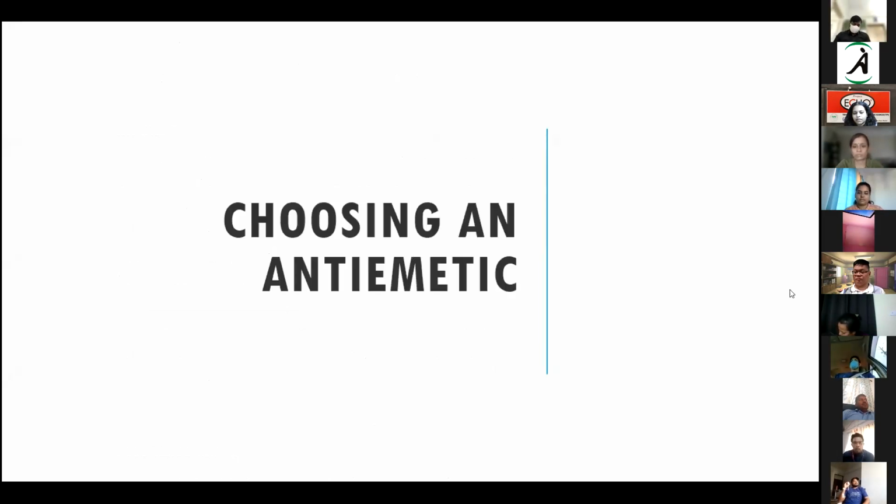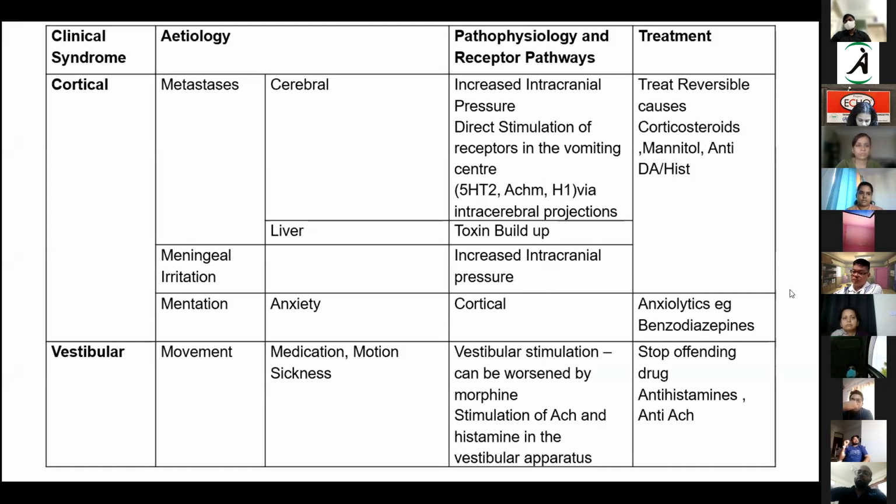So when we come to this topic, the important one is choosing an antiemetic. In the next few slides you'll be seeing, as a general rule, what could be the likely etiological reason for which nausea and vomiting is there, and what preferred class of drugs you could use when you want to choose an antiemetic. I'm sure there's a huge table we have learned in pharmacy, and I may not be able to cover every drug here. But as a handy reference guide, if you have a basic idea of the etiology and what kind of drugs you could use, it will help you make appropriate choices.